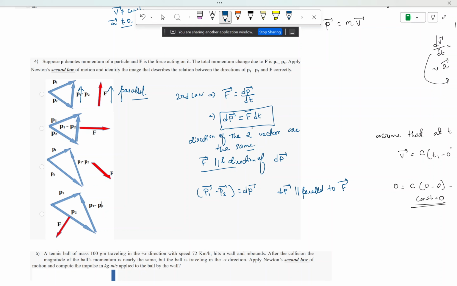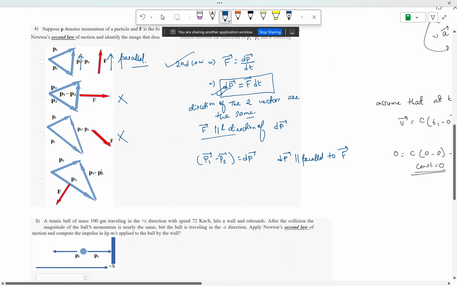So that means the second law is satisfied here. But in the other three cases, you see that P1 minus P2 is in this direction and the force is in that direction, so this is not following the second law. This one is also not correct, because it is in one direction and the other is at some other angle. So again, this is incorrect. And here also, force and P1 minus P2 are in completely different directions. So the only correct answer will be option A, where the F vector is parallel to the P1 minus